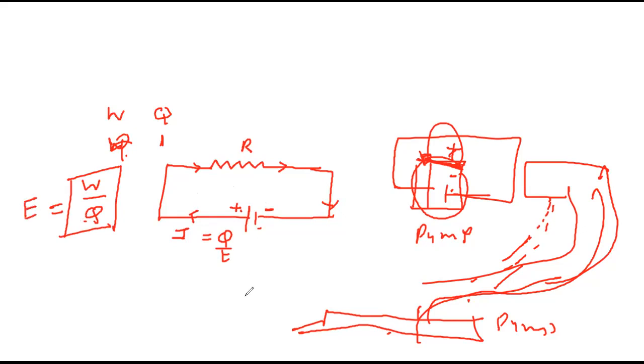So I can say EMF of a cell is defined as the energy spent or work done per unit charge in taking the charge in the complete circuit once, or you can say taking the charge in the external circuit and within the electrolyte. It is one and the same. So now write: the EMF of a cell is defined as